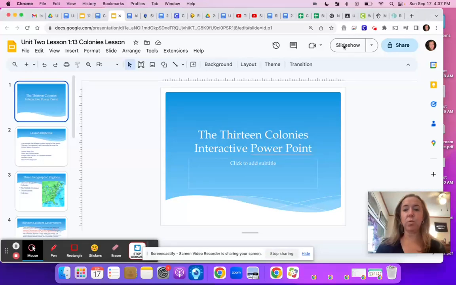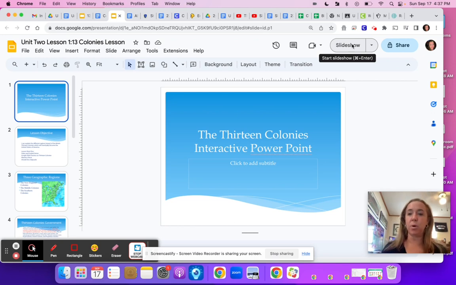Okay, Unit 2, Lesson 1. We're going to be learning about the 13 colonies. We have learned so far about Europe exploring North and South America. Now we're going to talk about the 13 colonies established by the British government in North America, which will eventually